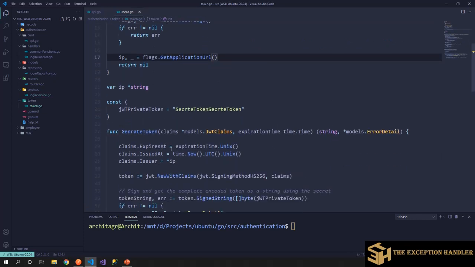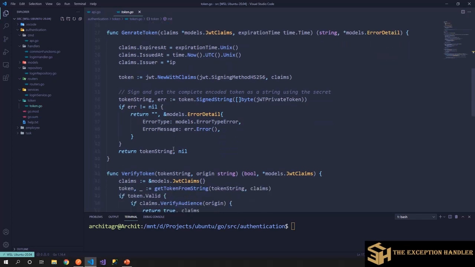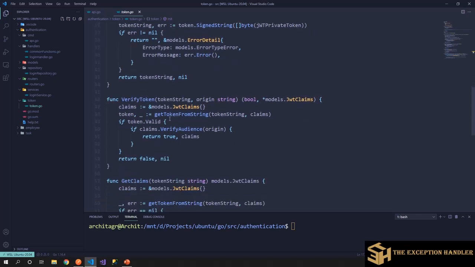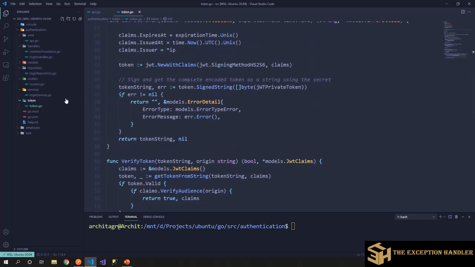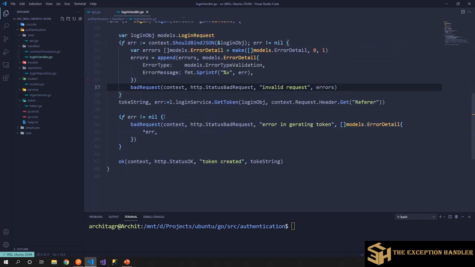Now we have already discussed these validate token and generate token methods in detail in the JWT tutorial that I have already put in place. So in case you have not watched it yet, you should definitely go ahead and watch that first, so that you have a clear picture of what these methods do and how they generate the token for us. So if you see the service method, I have generated the token and that gets returned back to the handler and the handler returns it back to the client.